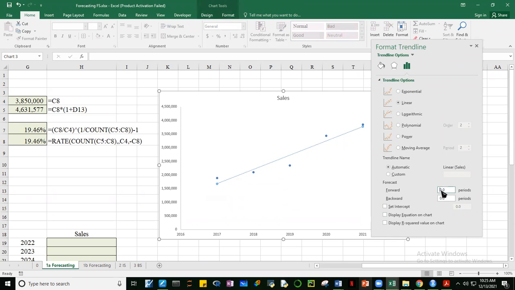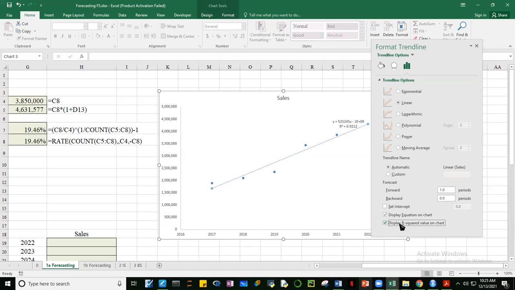Kunyari, we can forecast one period, 1 year. And then ito, display equation on chart and display R-squared value on chart. You have to click this para lumabas yung equation at saka yung R-squared value. Okay, so once you have done that,